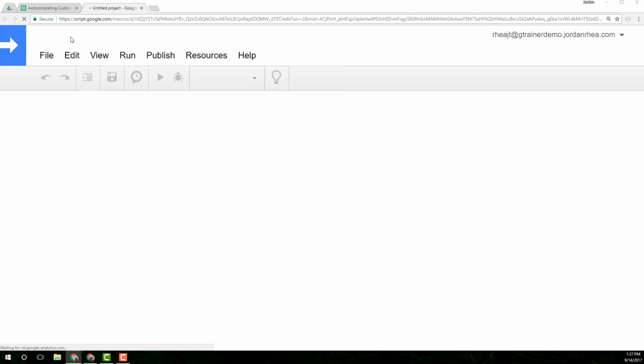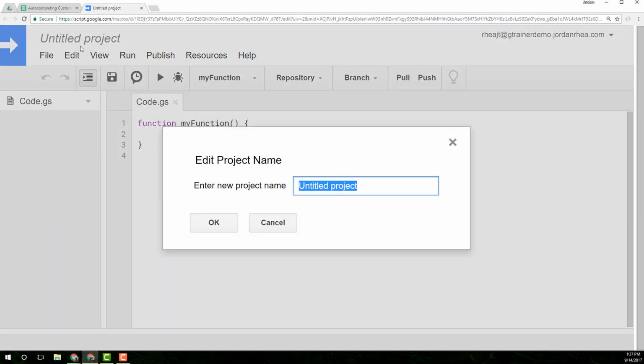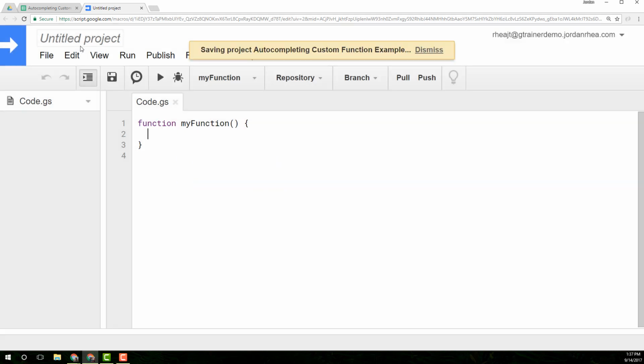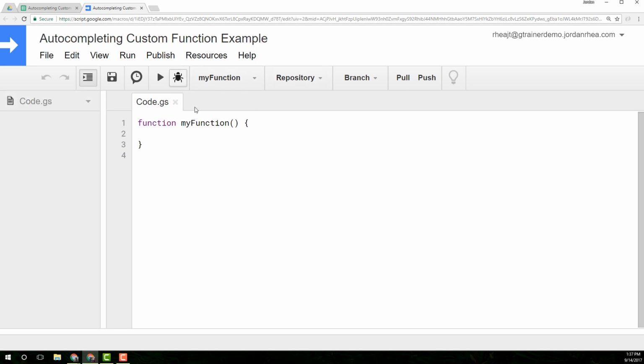I'm going to open up my script editor here, and that takes a second. And let's just go ahead and save the project. I'm going to just call it auto-completing custom function example. And right off the bat, while it's saving, okay, taking a few moments. There we go. I'm going to start a new function here,